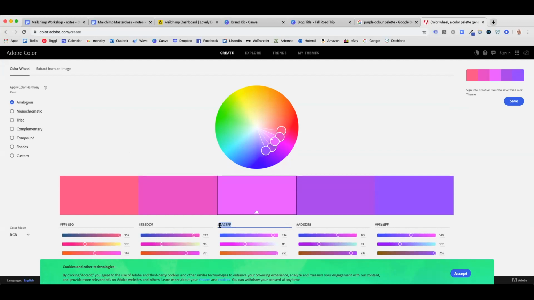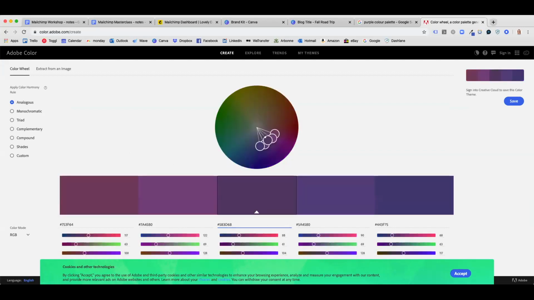So what's the hex code of yours, Karen? 583D68. 583D68. So hopefully we can pick some, so you can come up with some different, because it's quite a dark purple, it's picking,